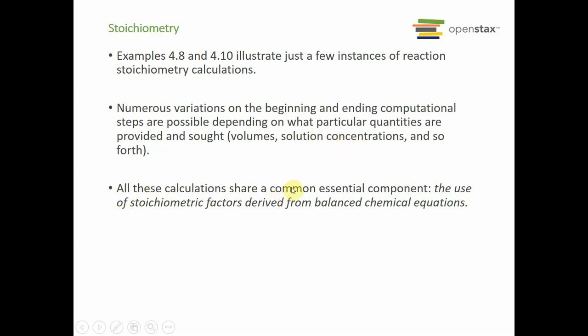All these calculations share a common essential component: the use of stoichiometric factors derived from balanced chemical equations. What I've said in the past is that the mole is the currency of chemistry. Everything has to be put into the mole, and of course stoichiometry relates one mole to the next,